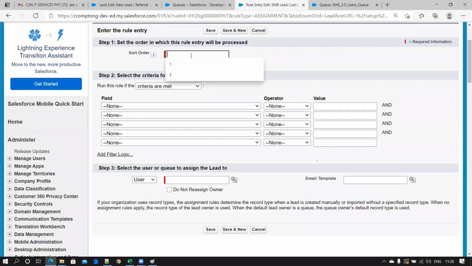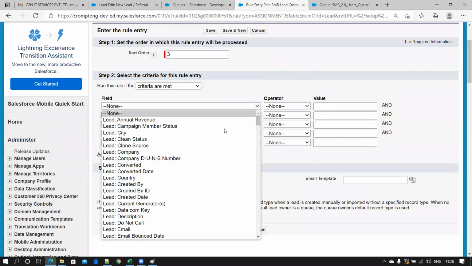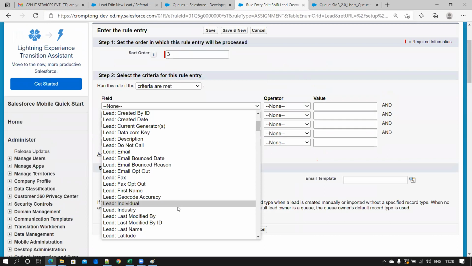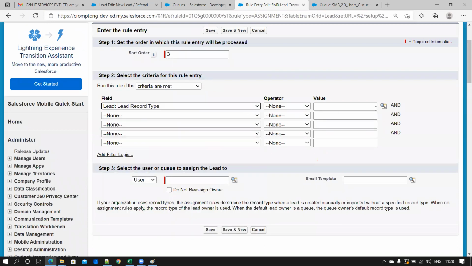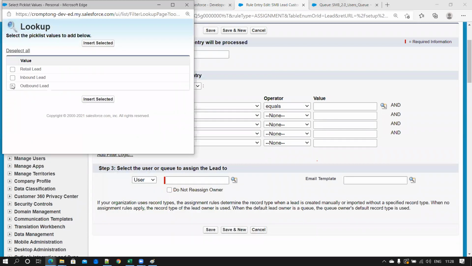Just a small thing for your easy understanding. If lead record type equals to outbound అయింది,